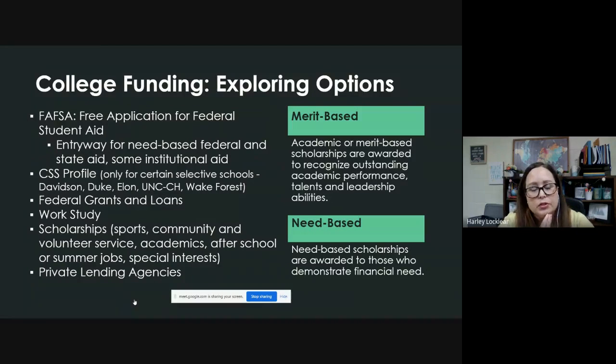Need-based scholarships and grants go to students who demonstrate financial need. Merit-based scholarships go to students who are recognized for something that they've done, whether that is academics, sports, or leadership. There are lots of ways to earn merit-based scholarships as well. We are also going to talk a little bit about work study. Work study is not an application that you have to fill out separately. Work study is also determined through the FAFSA. And then private lending agencies can also offer loans. So we are going to go through each of those